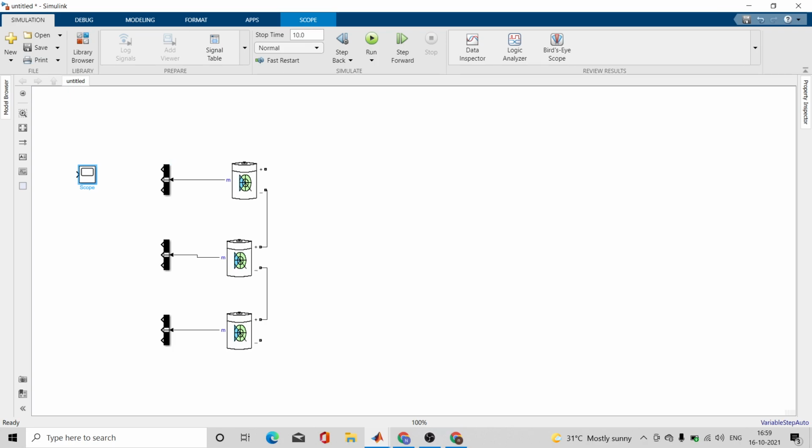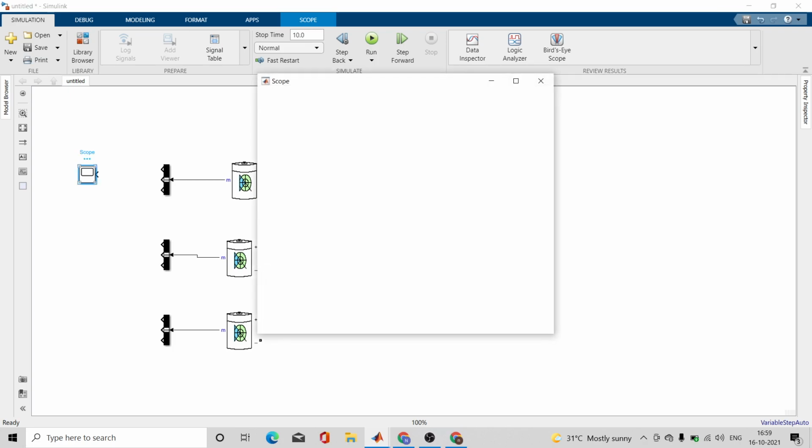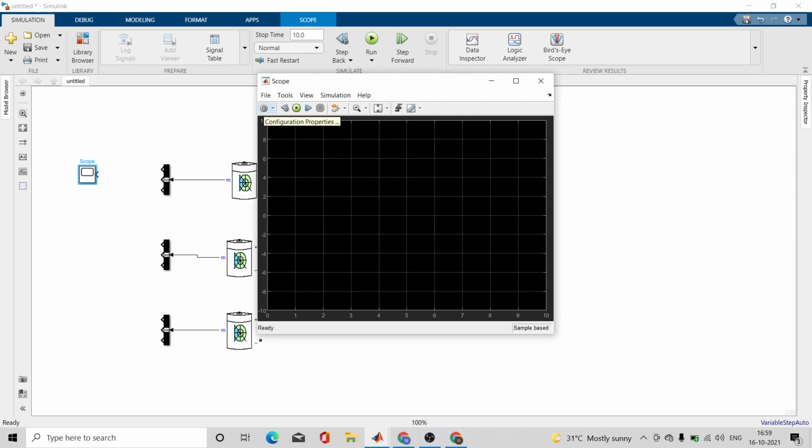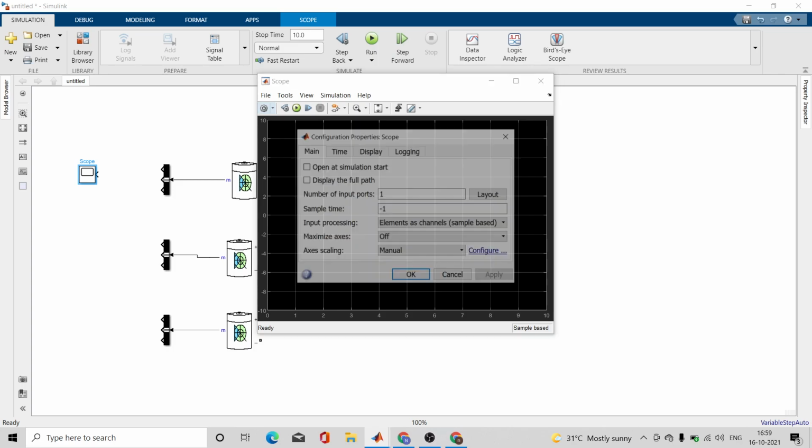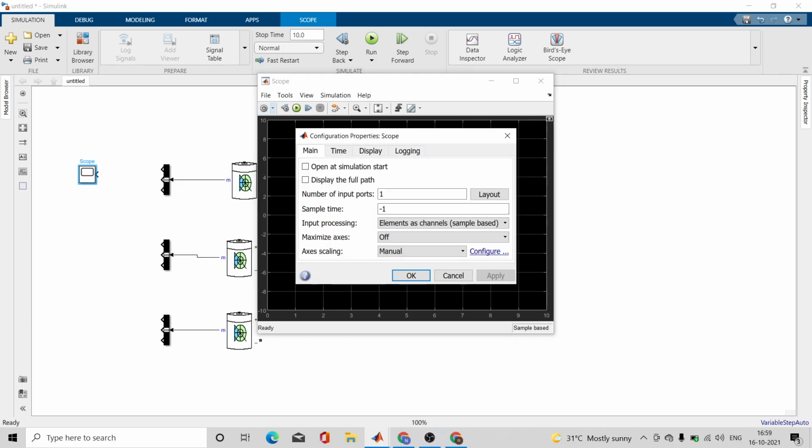I will rotate it. Now I want to view three signals. So how can I configure this scope? Let us click on it. You have this properties option. If you click on this properties, number of input ports I will select as 3, and the layout should be like this.